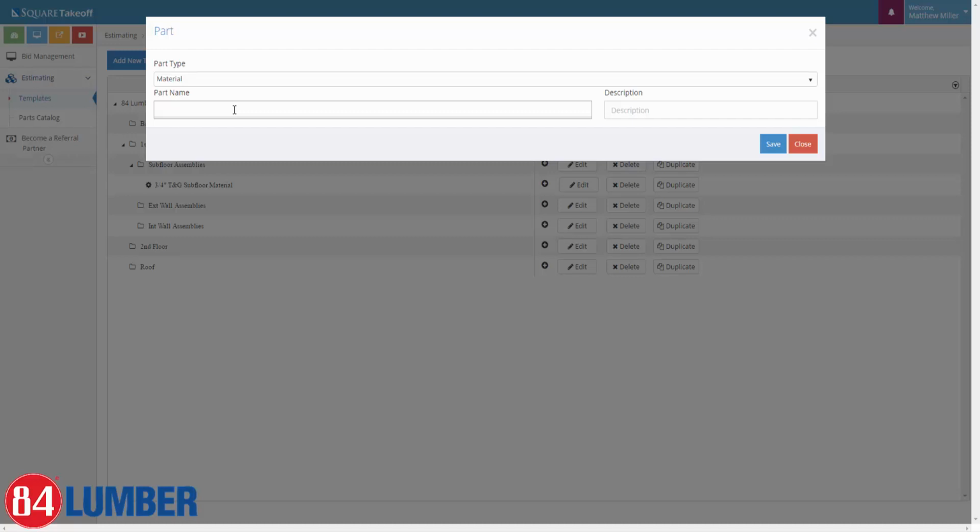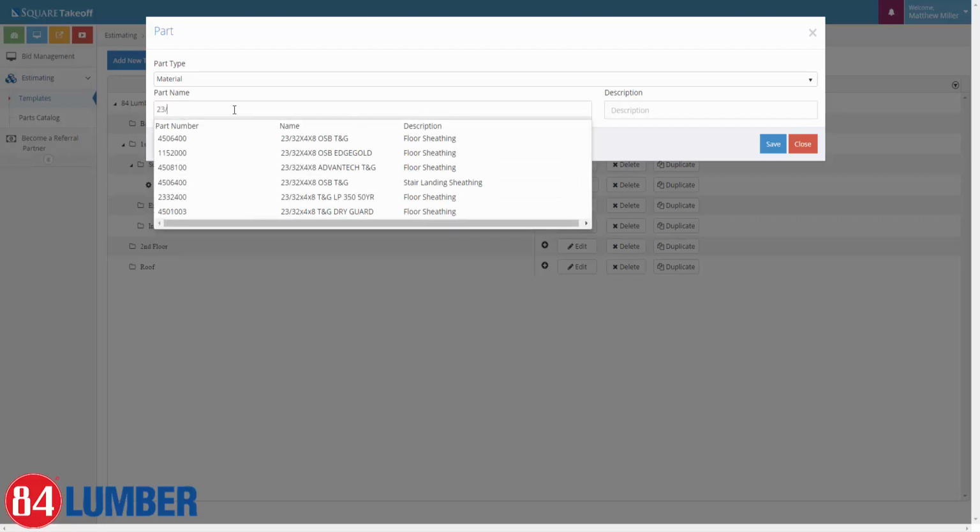So let's go ahead and select part name, and I'm looking for some 23/32. Once I drop this down, you can see all these different parts. You can see the description, the name that comes inside of our point of sale system, once again, and you can also see the description of their use. So for example, these are floor sheathing. Here's stair landing sheathing. So if you're doing a 4x4 stair landing, this is your sheathing that you would want to utilize for that. So let's go ahead and go with the standard